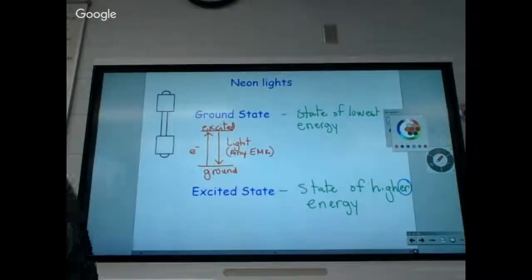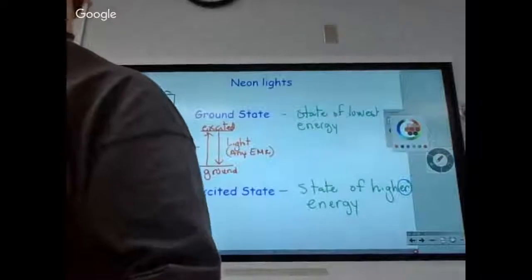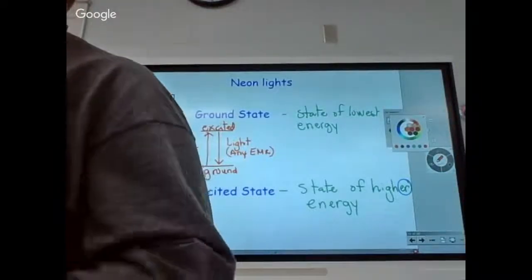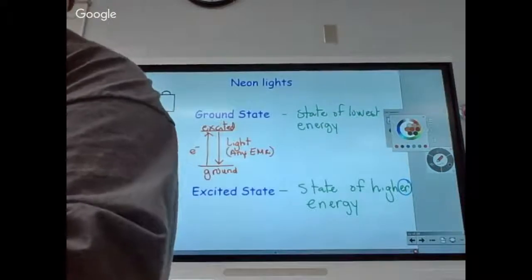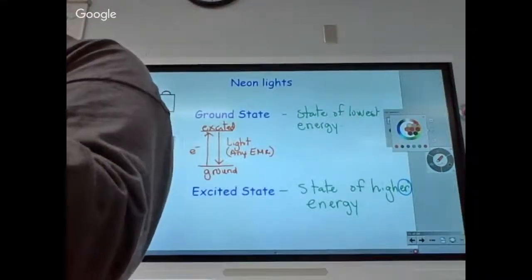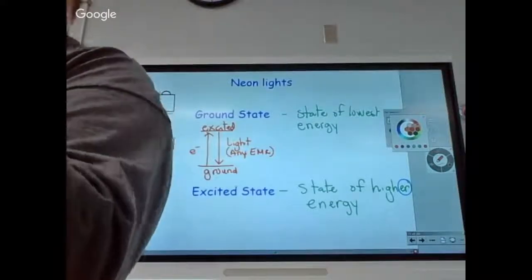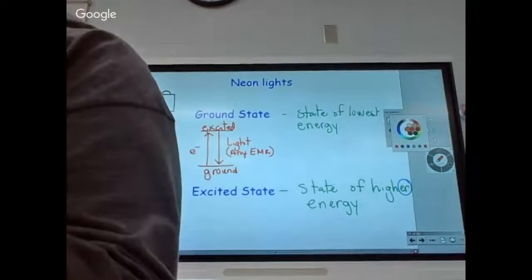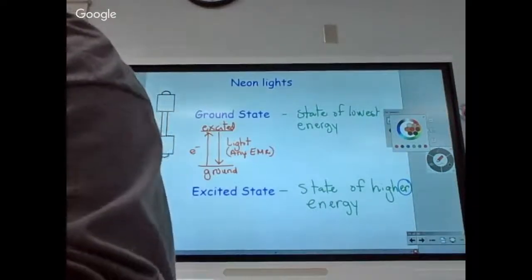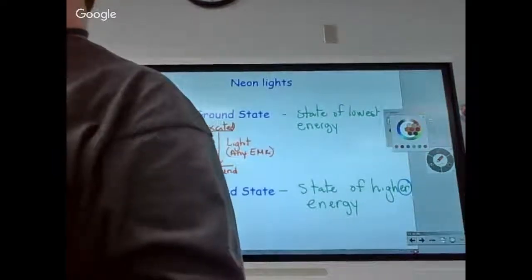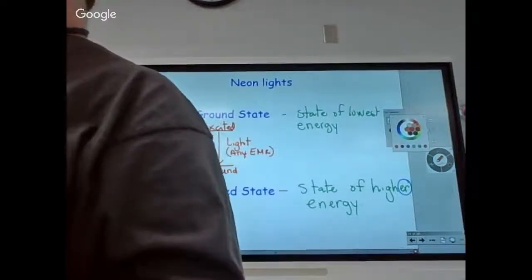Okay? So at the moment, they're in what state? They're in the ground state because there's no electrical current passing through. It's not too hot yet. I can hold it. All right? Ooh, it's getting a little warm. So you see these metal tips here and here? Okay? They are metal tips inside these plastic pieces. And so when I put this back in here, all right, this is going to pass a high voltage current through here. It's called completing the circuit for those of you who know anything about electricity.